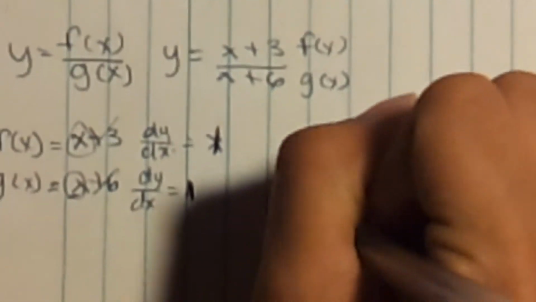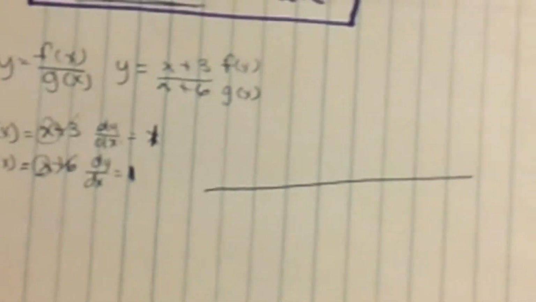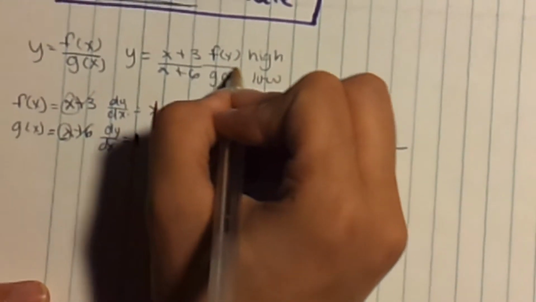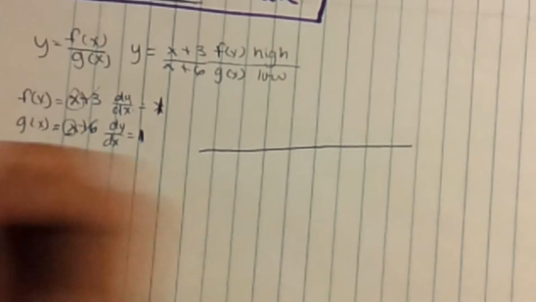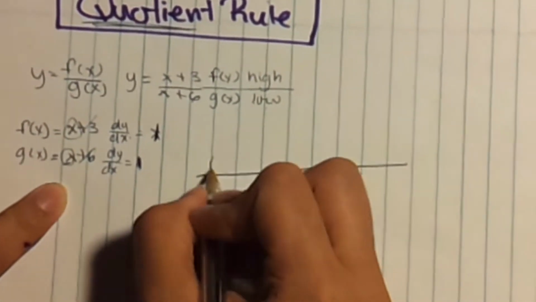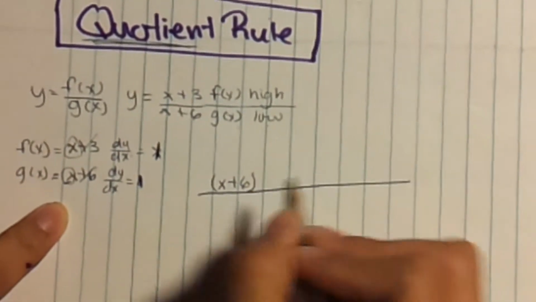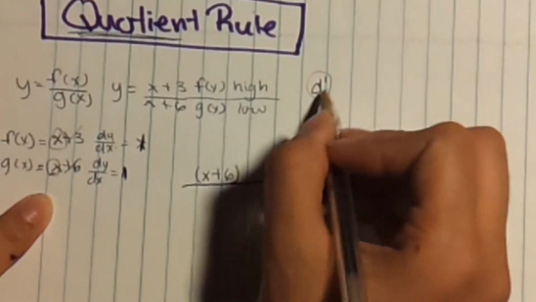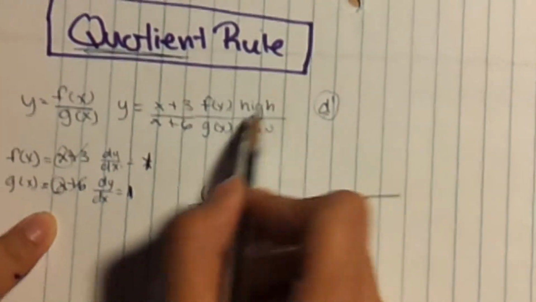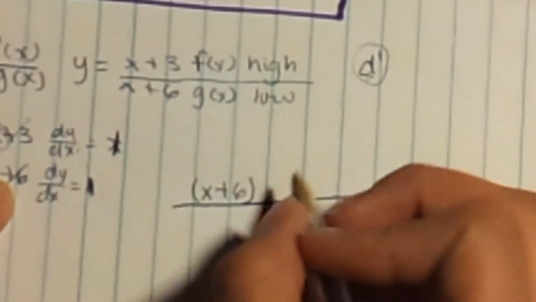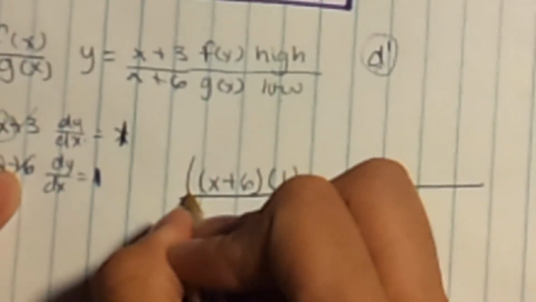Okay, so this is kind of how the quotient rule goes. We're going to call this high and this one low. Okay, kind of like that. So we're going to go low, which is g of x. We're going to get the equation of low, and d high. You know how sometimes you write the derivative like that? Okay, so it's going to be the derivative of the equation on the top, that we call high, which is just 1